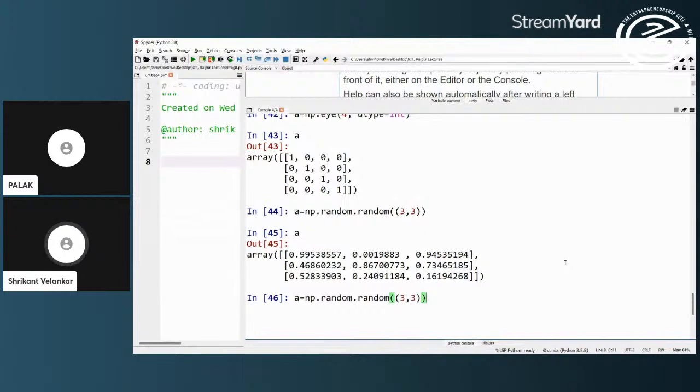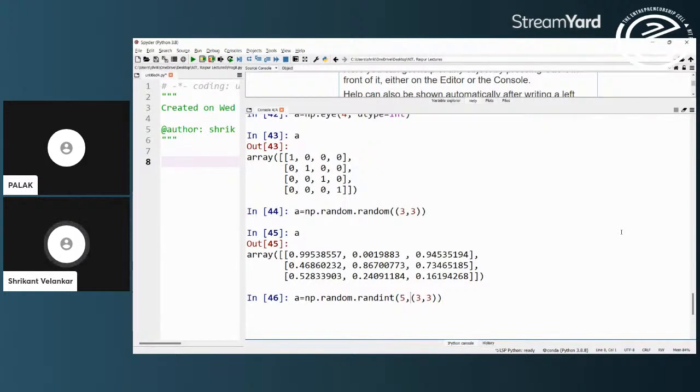If I want values to be any random values, like say integers, I can say random integers, and those values will be generated. If I want the random values to be generated between two specific values, that also can be done.